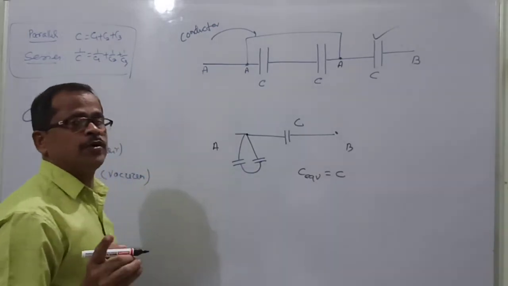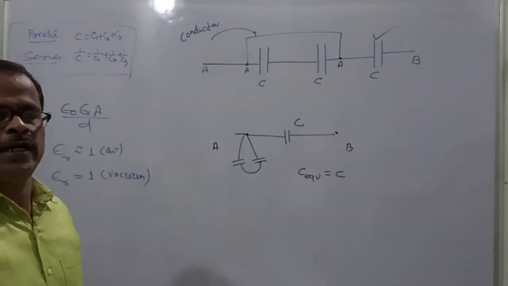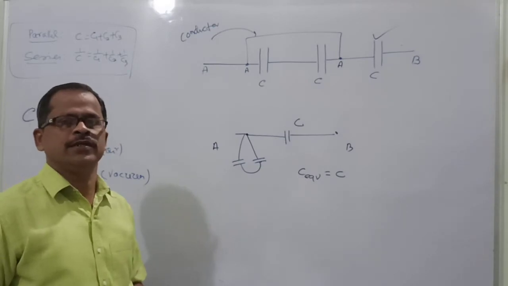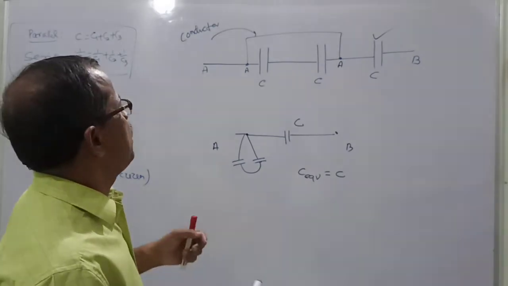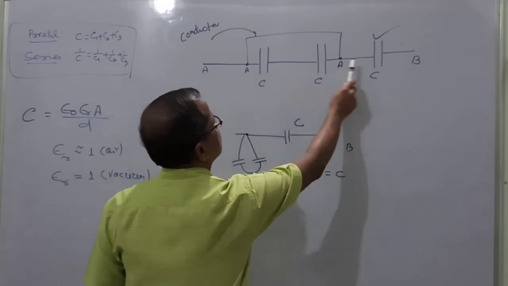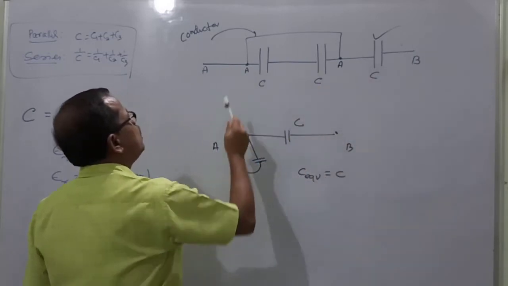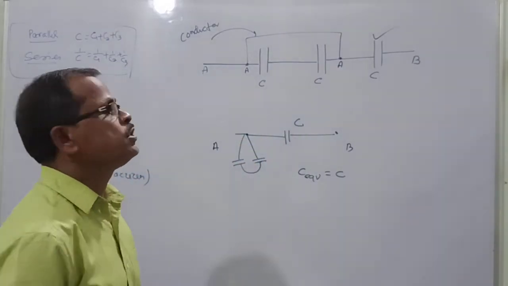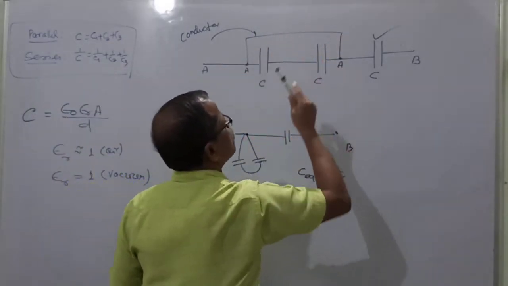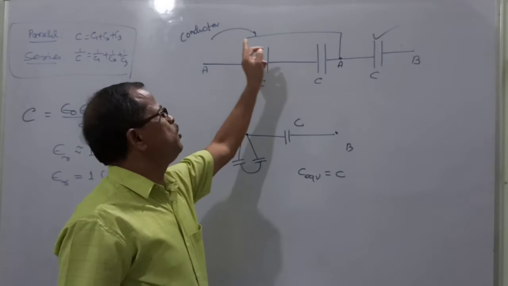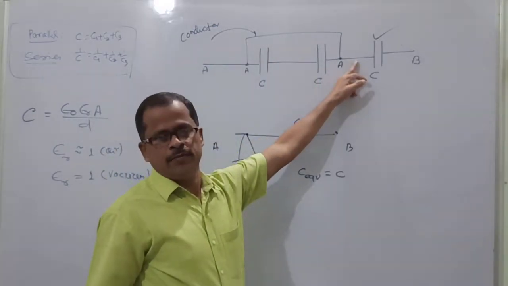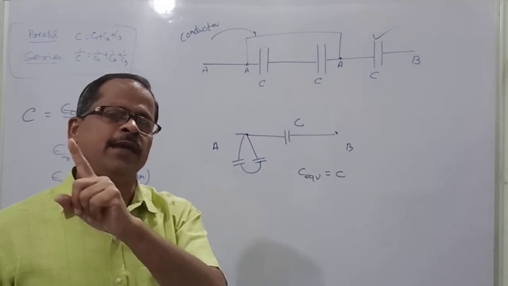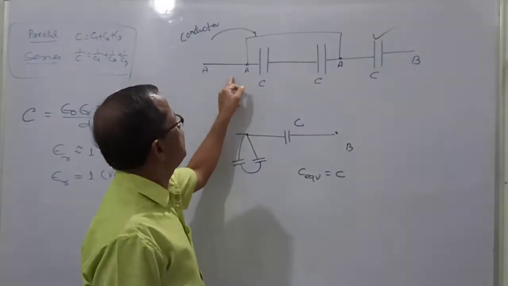This is very important. Please remember. From the next problems onwards, when I will be solving problems, you can understand quickly. Okay. Next, again I am telling. So these are the capacitors. Three capacitors are there. This point and this point are connected by a conductor. Since the two points are connected by a conductor, the potential of this point and this point are the same. If two points are at the same potential, then you give a single name, A only. So this is A, this is A.